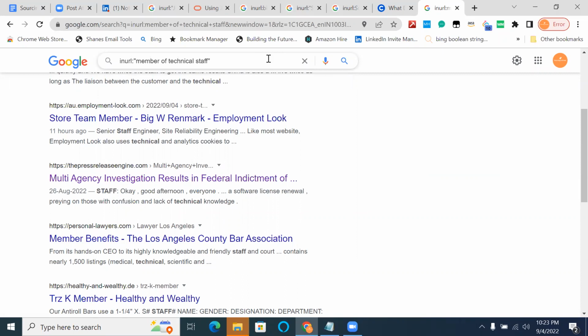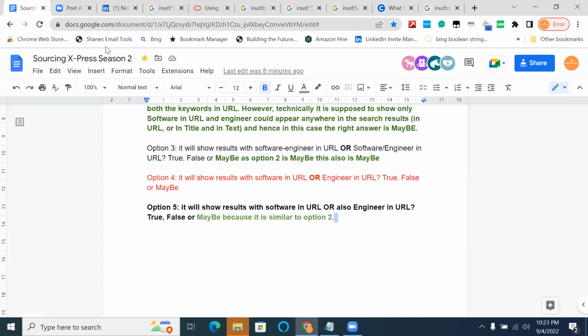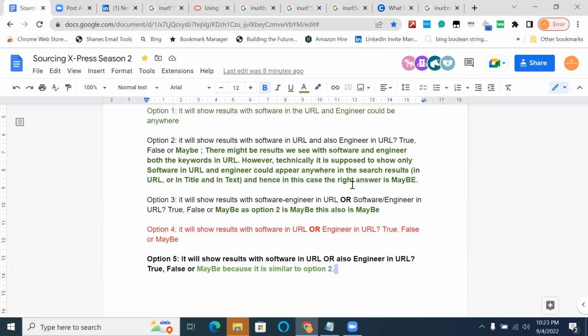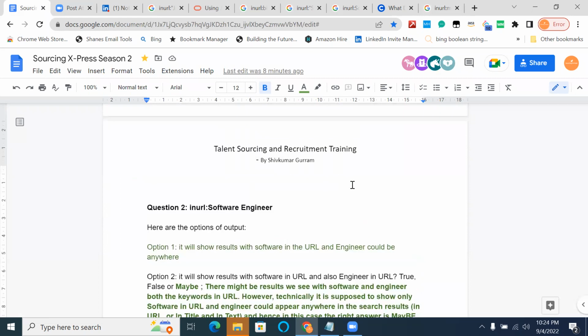So Google is assuming that this person wanted to search results with member of technical staff as it is in the URL, and that space it is replacing with either a hyphen or a plus, but giving us all the results where member of technical staff is as it is in the URL. Though there is no space, that space is replaced by a hyphen or a plus. So all the use cases over here remain the same, even if we say inurl member of technical staff.